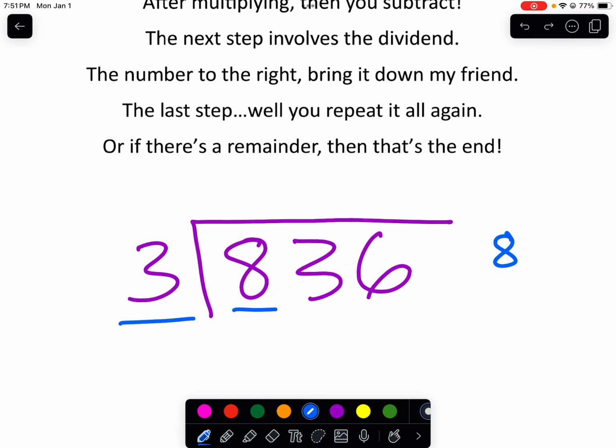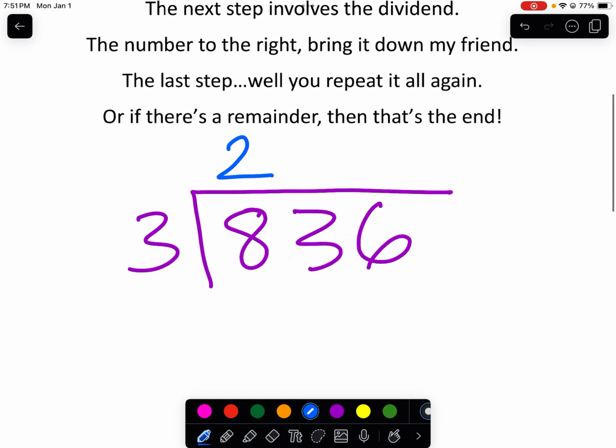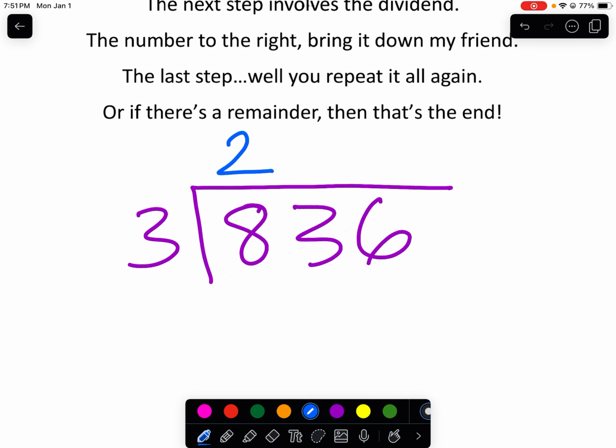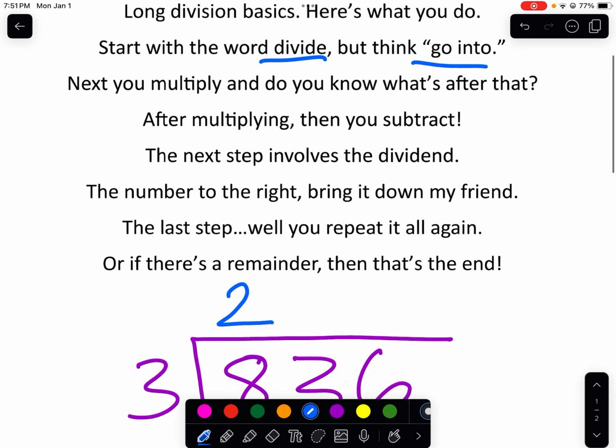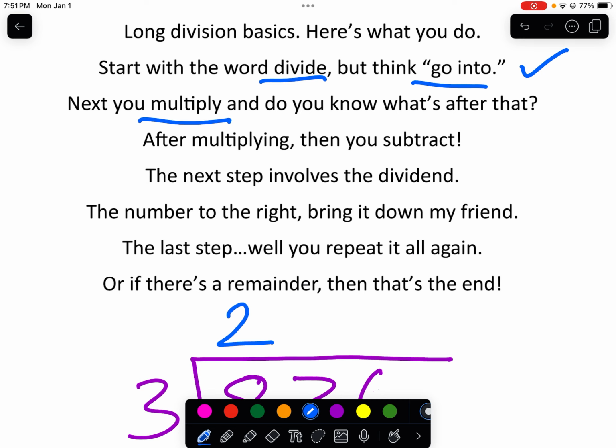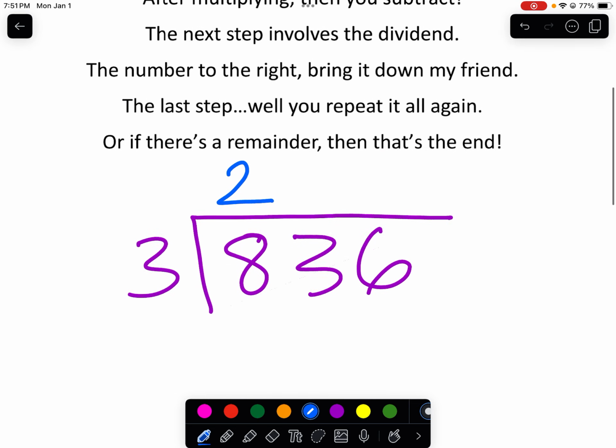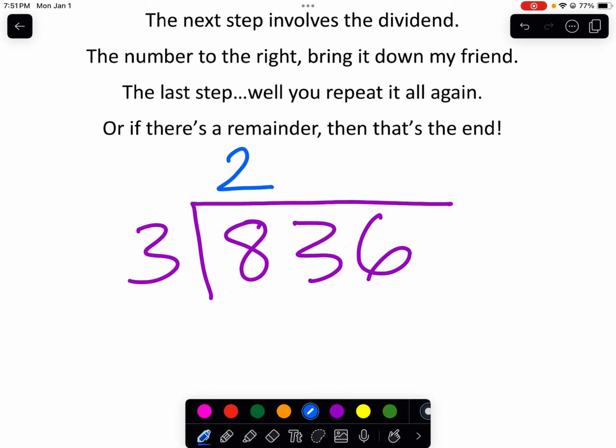Okay, well, 3 times 2 I know is 6, and 3 times 3 is 9. That's going to be too big. So I know it's 3 times 2, which means 3 can go into 8 2 times. So we did the divide part. Next, you multiply. And do you know what's after that? Well, I'm going to multiply the divisor, which is this 3 over here, the number that you divide by, that's the divisor. So I'm going to multiply 3 times 2, and that gives me